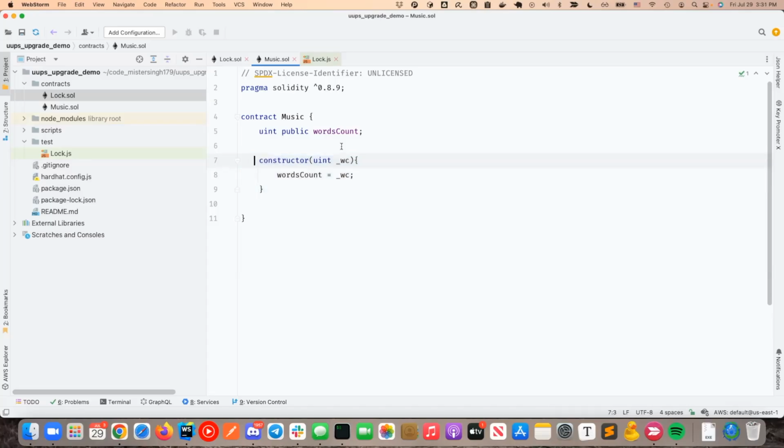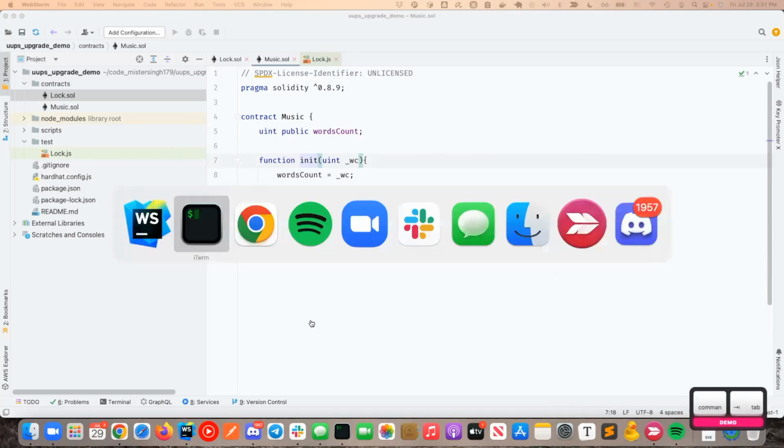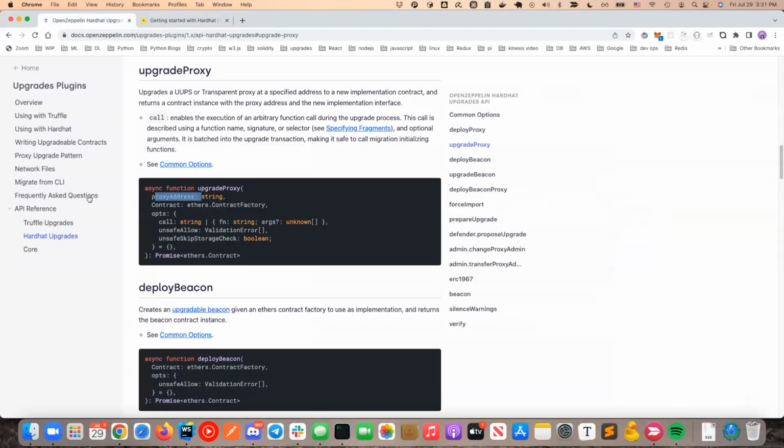So you have to write a function now. So we have to make a function, and let's say I call it init, and now it's fine. Okay, so now the next thing we have to do is, remember I was showing you before here on my screen that you must have a bunch of functions for it to be a proxy, like implementation address, update, all that stuff. So for that, if we go here,